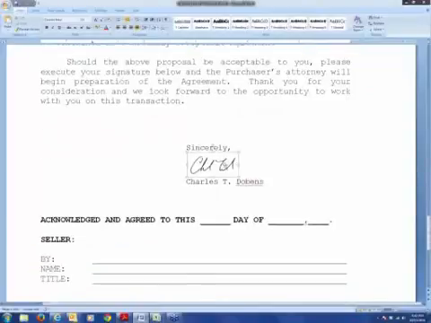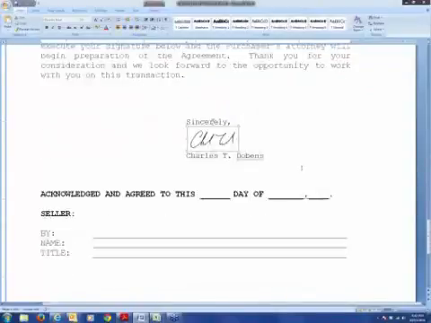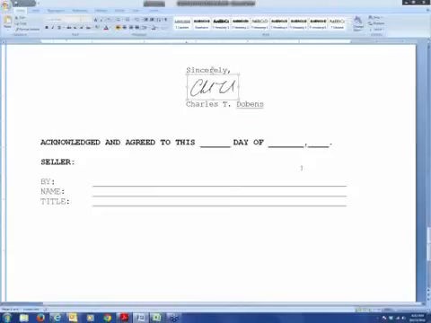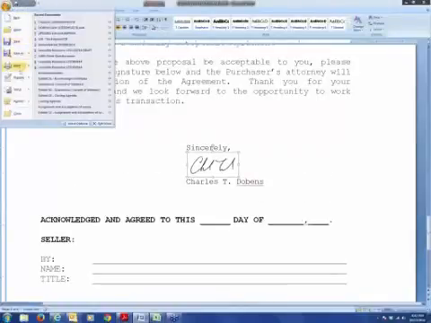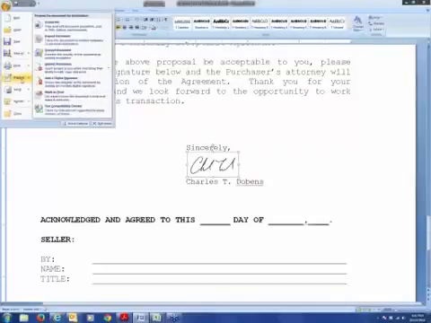There's my name. I've already got my electronic signature in there. I want the seller to sign off on it on a particular day. So what I do is I come up here, I click on this, I go to prepare. How do I do this? I go to save as a PDF,